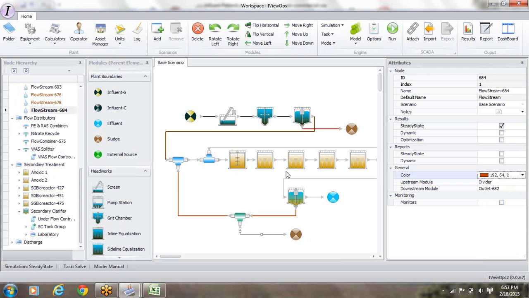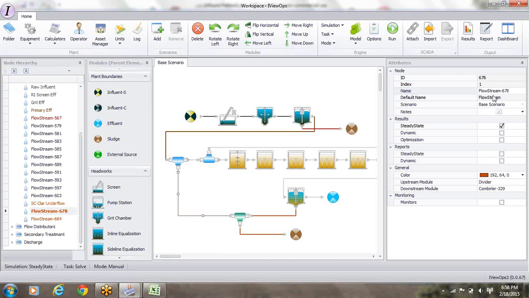Okay. Now we get into an interesting thing here. We should name these. This is secondary clarifier underflow. Okay. This is RAS. And as I am renaming it, you'll see that it is getting renamed in the hierarchy. Now there are a lot of flow streams here which are yet to be named, but we will run into an issue pretty soon, which is the hierarchy may be in the wrong order, and we would prefer to reorder it. Let's say this is secondary effluent,